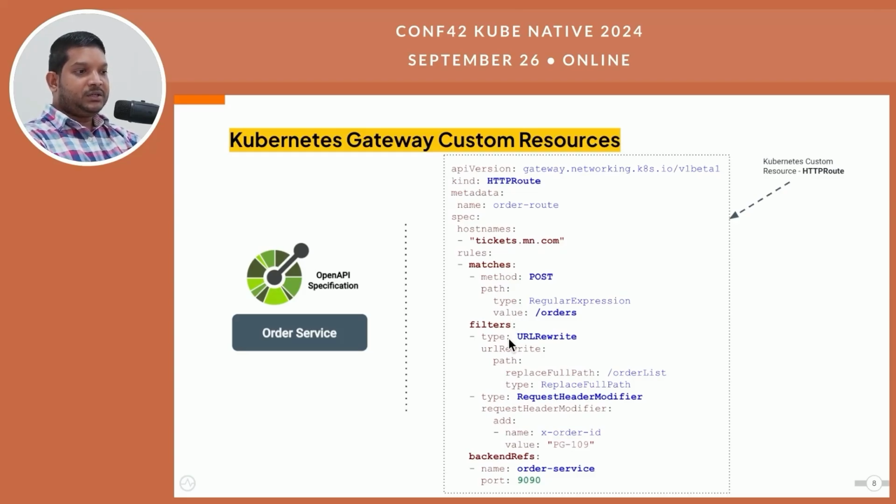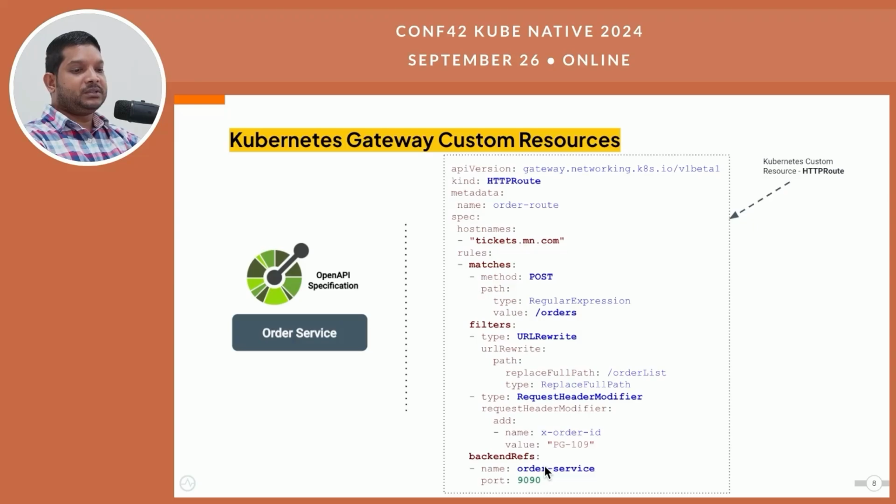Moving on to the filters section, 2 filters have been defined here: URL rewrite and the request header modifier. The URL rewrite filter transforms the orders path to order list, while the request header modifier adds a new header called exord ID to the request. Under the backend refs, the backend service name and port are specified. The flow is structured such that if the request lands with the post method of the orders resource path, these 2 filters are then applied and the request is ultimately routed to the backend service,